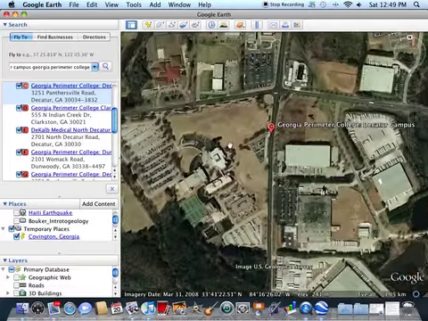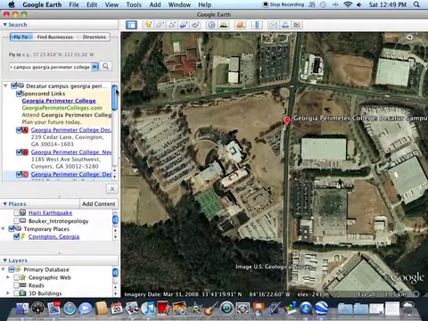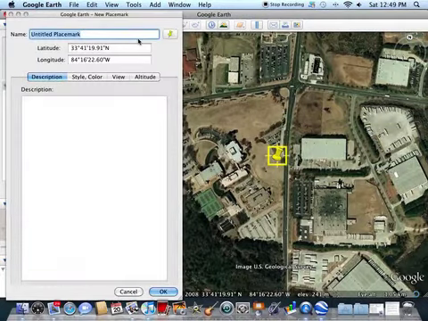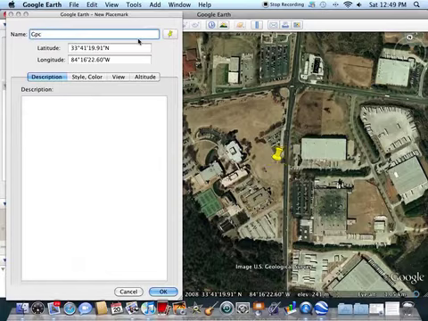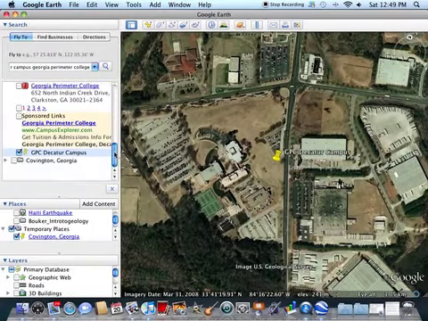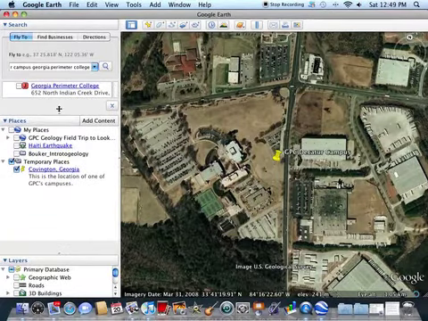Okay. So let's add a place mark. I don't really want their place mark, so I'm going to turn that off from the search box. Put another place mark on here and put GPC Decatur campus. Alright, so now you can see, and actually I'm going to close this up so I have more room